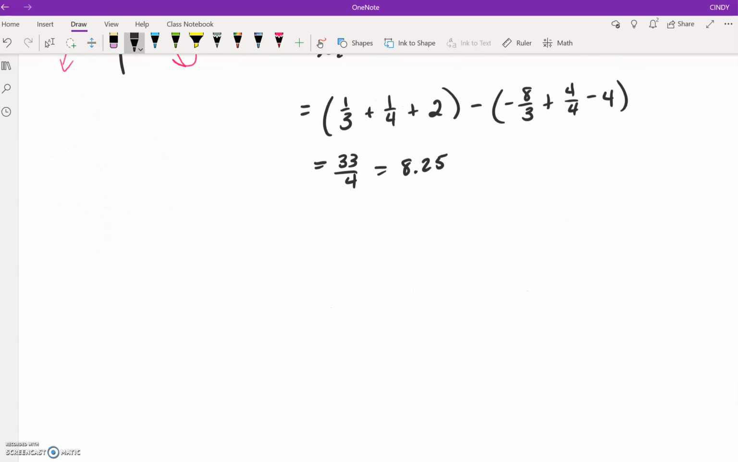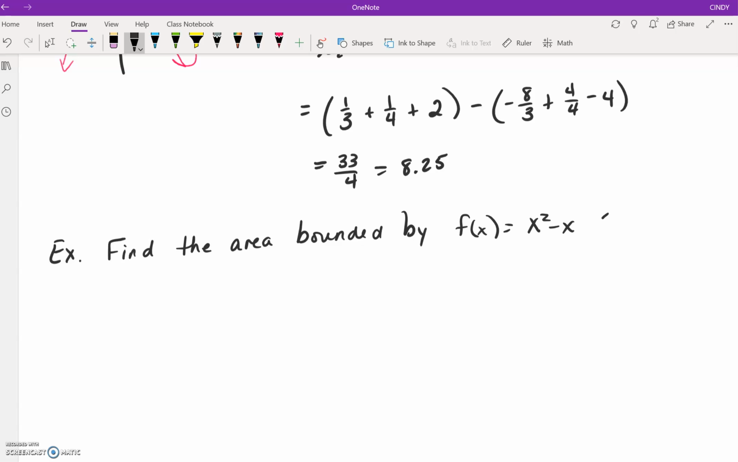And I got one more for you to show you what it's like if the function on top crosses over the function on bottom and then they switch positions. So this is what I'm talking about. We are to find the area bounded by the function f of x is equal to x² minus x and g of x, which is 2x, and